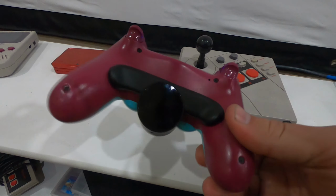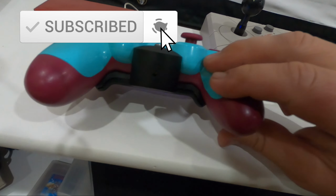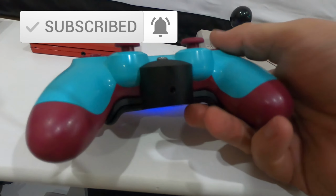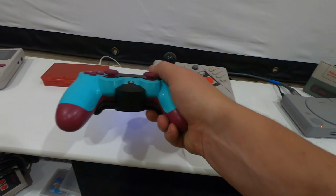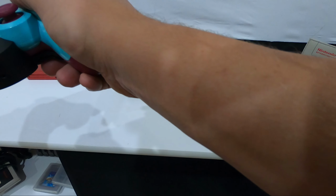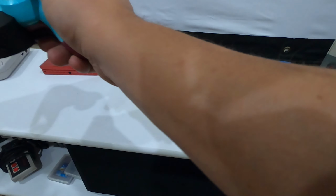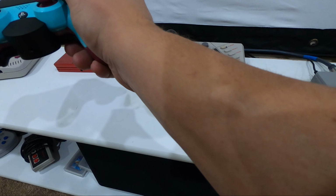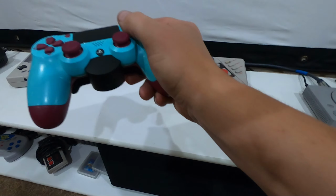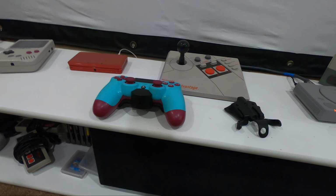So the first thing you'll notice with this one is just the sheer girth of these buttons. So when you're holding it, the buttons are actually quite fat, and so it creates a bit of a strain. I don't know if you can see my muscle tweaking here in order to pull that. See that? Now eventually I'm sure I'll build up the muscles to do that, but if we compare to the other one,